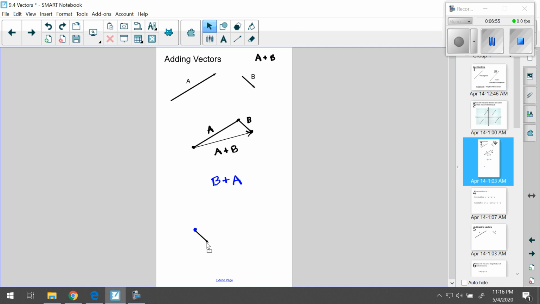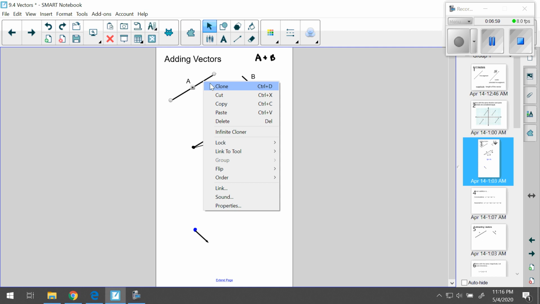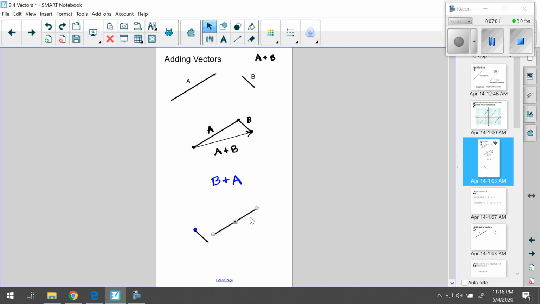And so I head in the direction of b from that starting point, and then I'm going to add a. So from the ending point of b, we're going to go in the direction of a. And then the new vector b plus a will be represented by starting at the starting point and heading the direction towards where